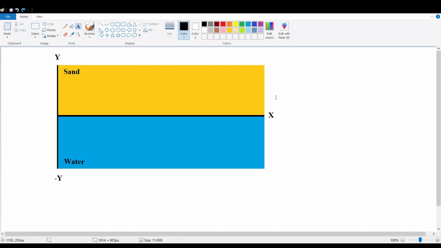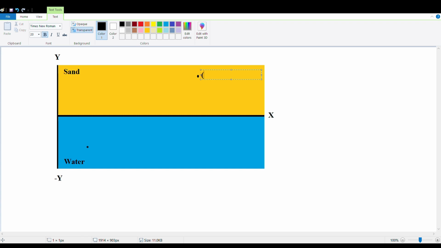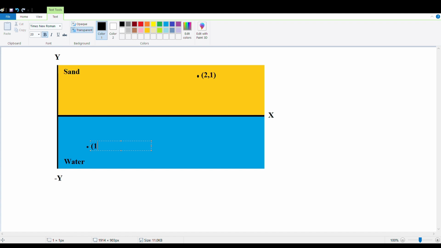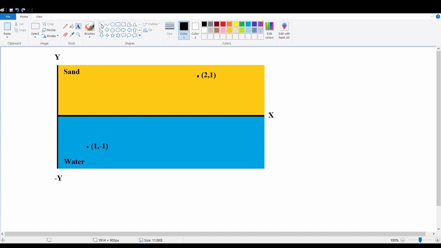Okay, now we'll try to understand that question a little bit more pictorially. All right, so suppose we have two coordinates. I am going to be mentioning these coordinates randomly, so please don't start measuring scales. Let's assume that the coordinates of this point is 2 comma 1, and the coordinates of this point is 1 comma minus 1. All right, since we have to provide the output in the optimized x, let's connect both of these points to the x-axis.